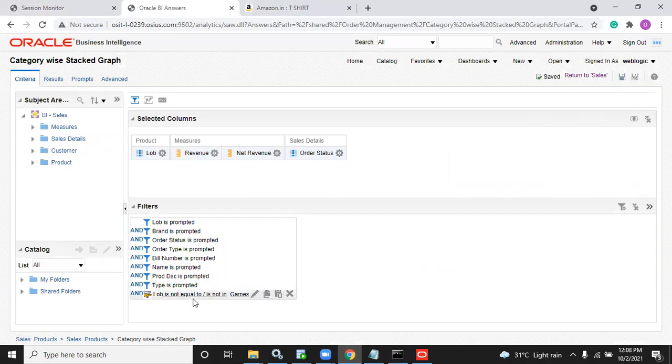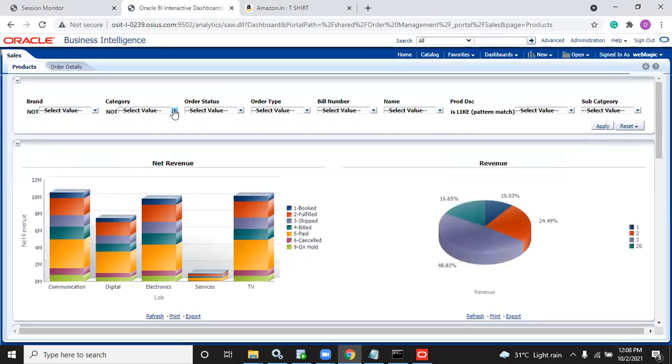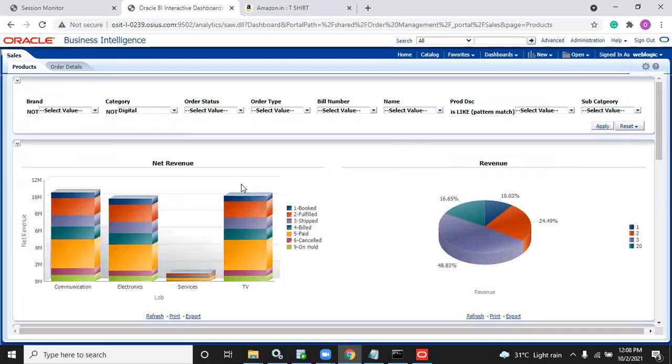If you have a manual filter and a dashboard prompt on the same column, definitely enable this option. Clear? Now games is not displaying. I selected digital, and both digital and games will not display. It will not override.